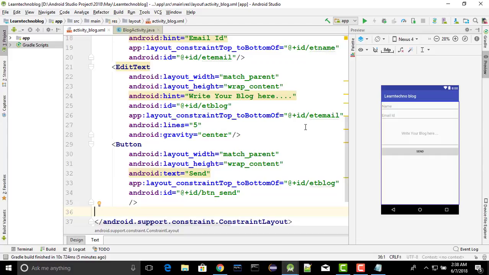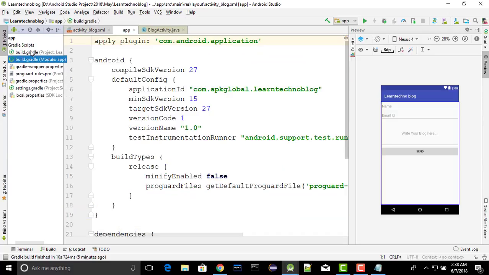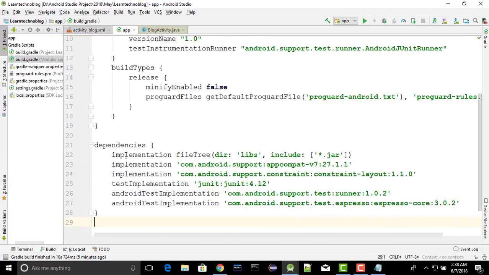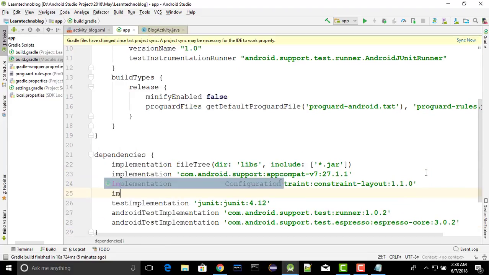Now after that, I want to see all this content on a card view. Card view is basically for designing. So if you want to add the card view, you need to add the dependency of the card view. Just come to the build Gradle module file, and here you have to add one dependency. Just write down implementation com dot android dot